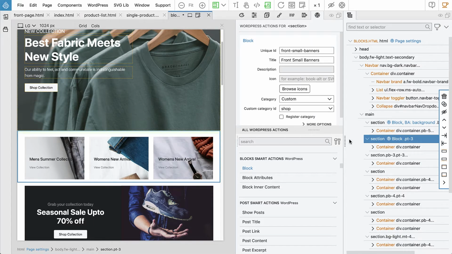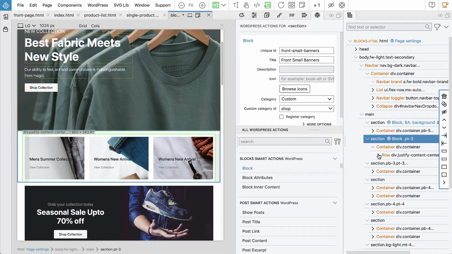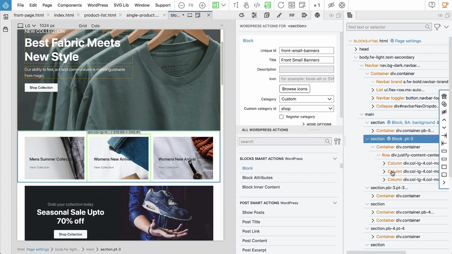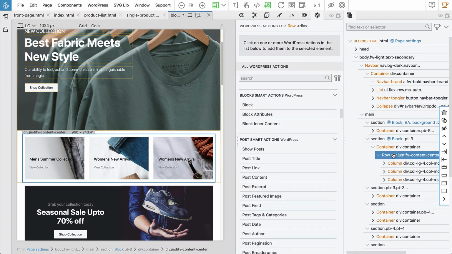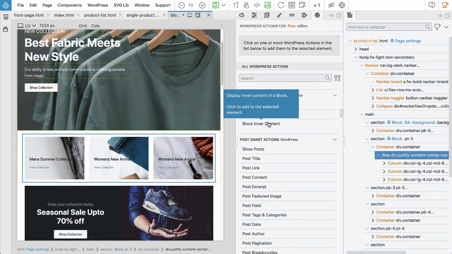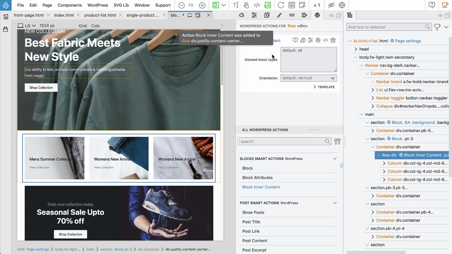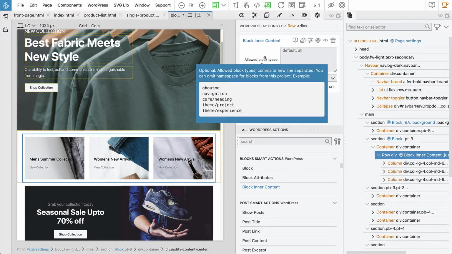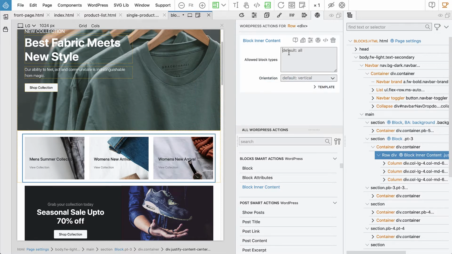Okay, and then we have to find an element that contains sub-blocks. And each of these will be a sub-block, so the row is the parent element that contains sub-blocks. So this will be block inner content. So allowed block types, we can say it will only allow these types of blocks, which we will call